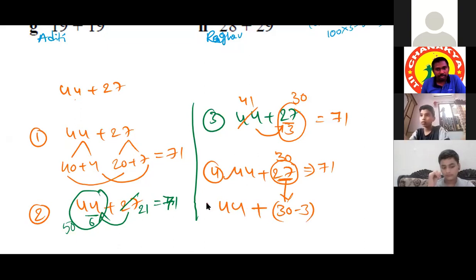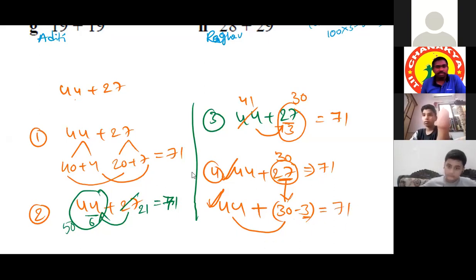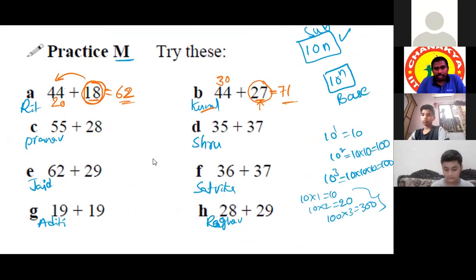These two are the same or not? Yes, sir. So when both are the same, both will give the same result. So I'll do first these two, 44 and 30, 74, and later we will subtract that 3. So 71. So these many ways are there and some more ways are there. We'll see one by one. After seeing all the methods, at the end, it is your choice which method we need to select.